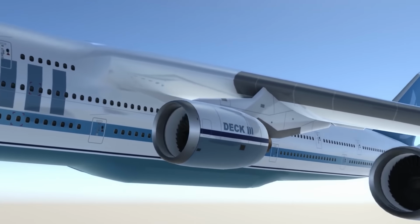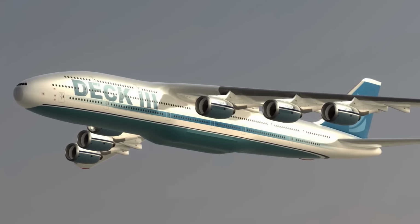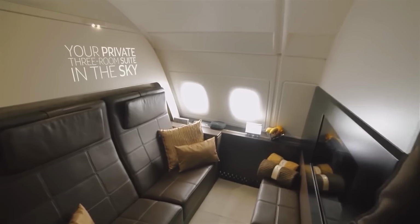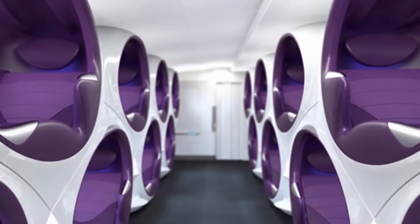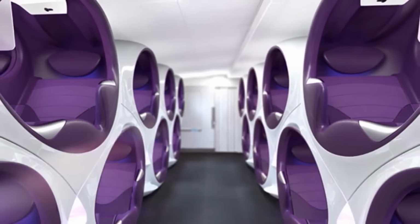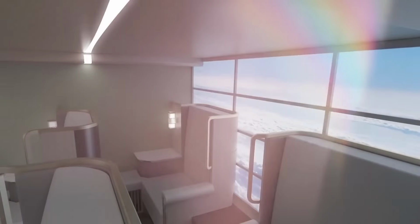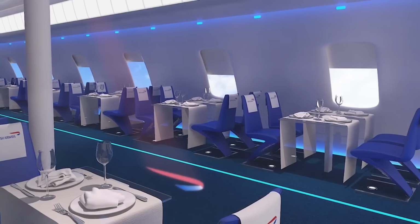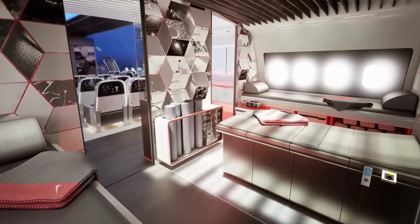This aircraft design would be able to accommodate well over 1,000 passengers in 3 different classes, with the very best in first class having their own private suites for long-haul flights. Other features may include rentable bunks like a Japanese pod hotel, an onboard spa for passengers looking to relax, a business center to keep working whilst in flight, bars and dining establishments for airlines to earn additional revenue, and even